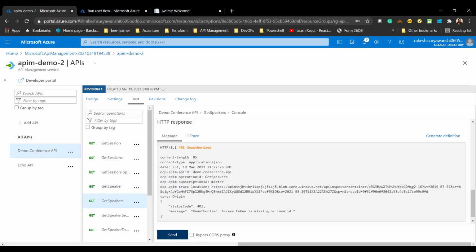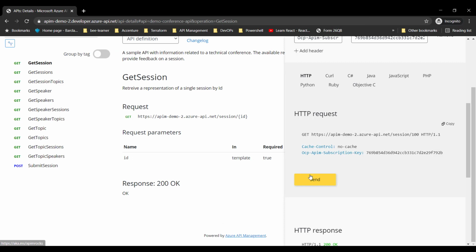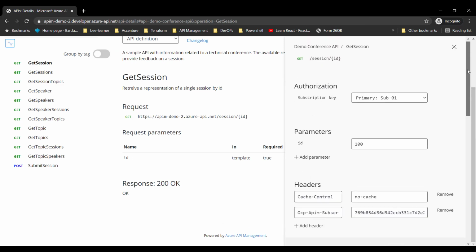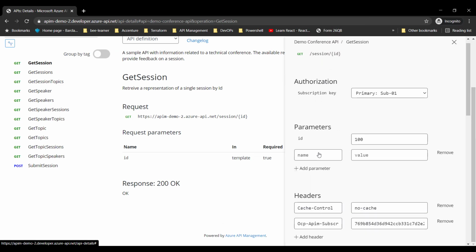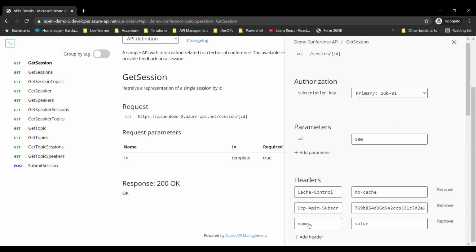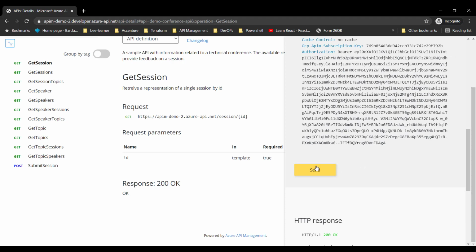Now finally, let's perform the same testing from the developer portal. So I'll go back to the developer portal. Inside the API, I'll add a parameter, add a header with the value as authorization. Now I will click send.